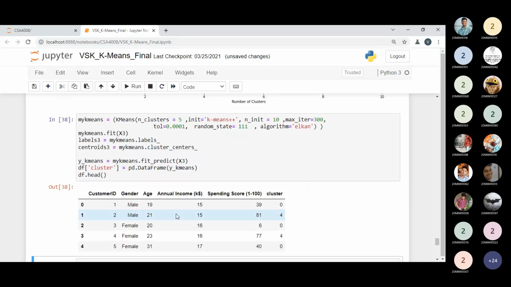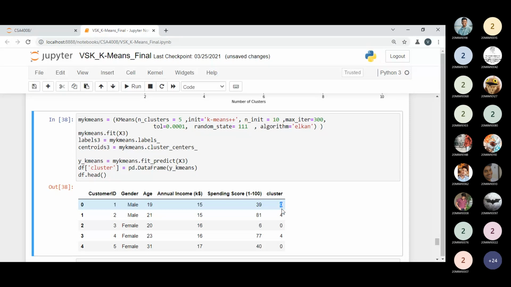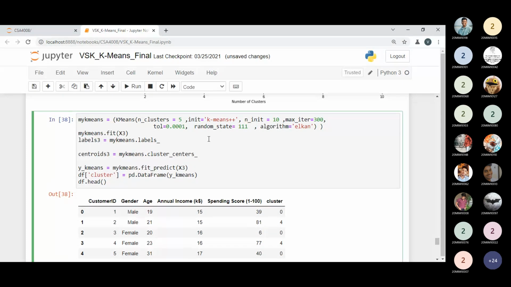So when I'm choosing age, annual income, and spending score, then what am I getting? I'm putting this information into cluster 0, and then this cluster will be 4, 0, and 4. So this information is coming to one cluster, and the second to cluster 4. Or do you want to print all the things over here? Print labels. If you want to print the centroids, then you can also print the centroids.